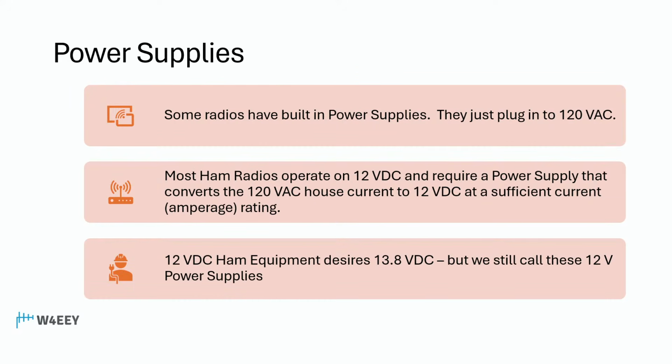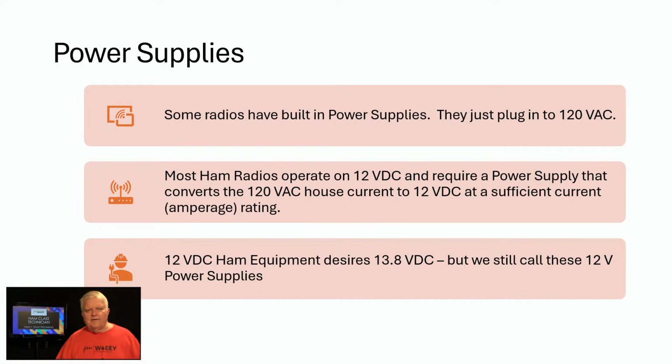Some radios have built-in power supplies. My ICOM IC-7760, I just plug it into the wall. It's got a built-in power supply for everything in there. But a lot of ham radio transceivers were originally designed for use mobile, and so they're looking for 12 volts, which actually is 13.8 volts. That's the standard. So most ham radios, if they're 12 volt, they need a 12 volt power supply, or 13.8